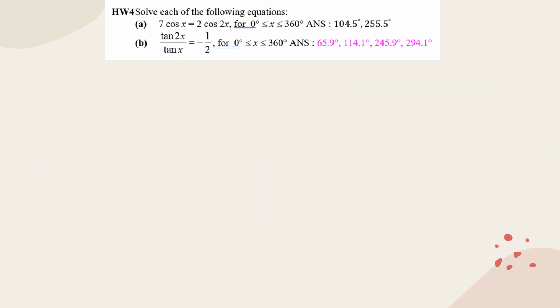All right, let's look at part B. So for part B, yes, we can apply the double angle formula for tangent 2x. Right, so the double angle for tangent 2x would be 2 tangent x over 1 minus tangent square x. Right, so we will have 2 tangent x over 1 minus tangent square x, divided by